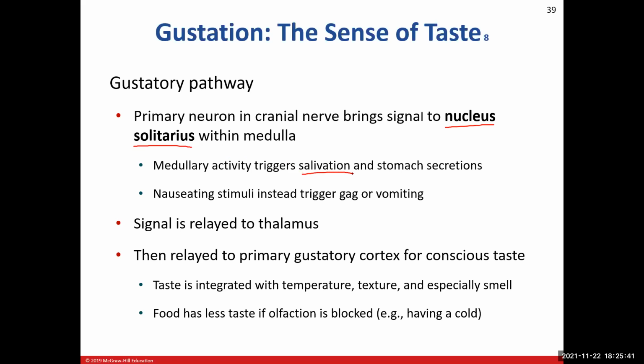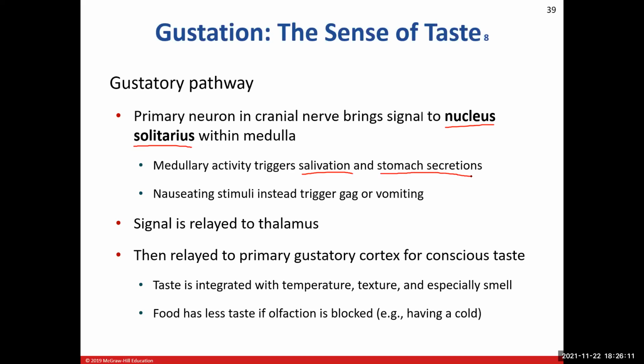And usually when you are tasting food or liquid, that stuff that's in your mouth is eventually going to wind up in your stomach. So we've got to turn the stomach on. We've got to start releasing digestive enzymes in the stomach. We need to start to waken up the smooth muscle cells in the stomach walls so we can start mixing all of that stuff in your stomach up with the digestive enzymes there. So we're going to activate stomach secretions.